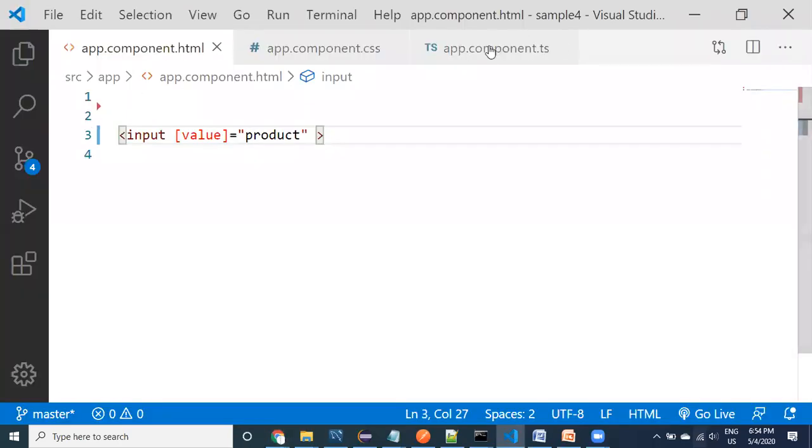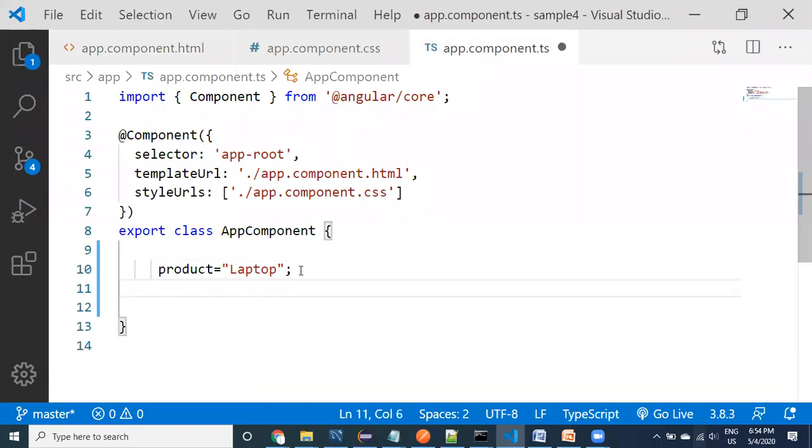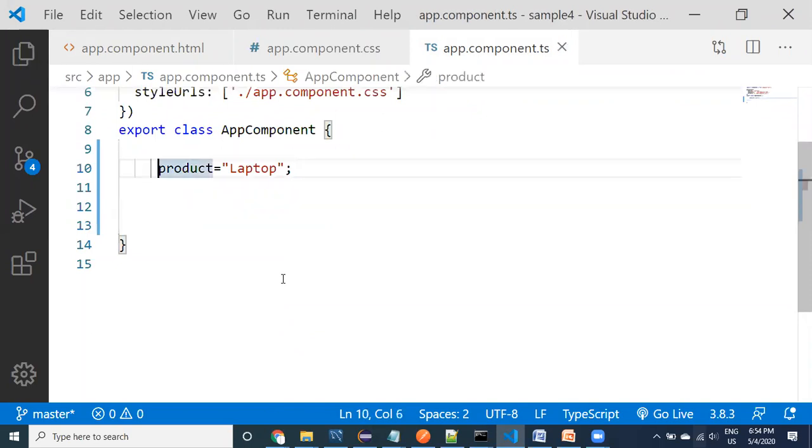I would like to take different types of properties here. Now I want to take an array of data, maybe names.